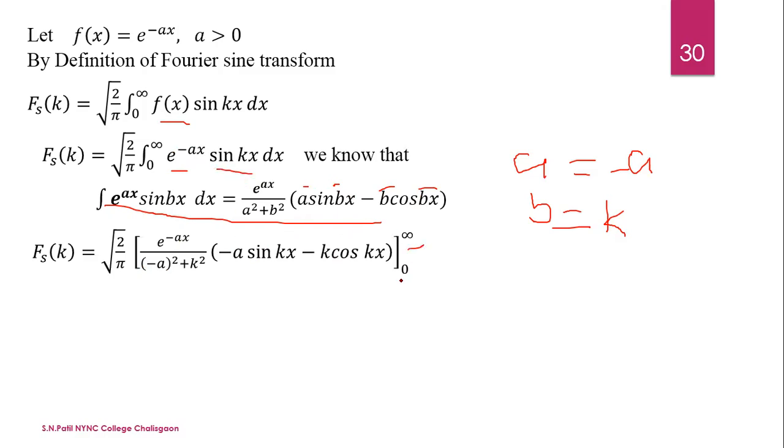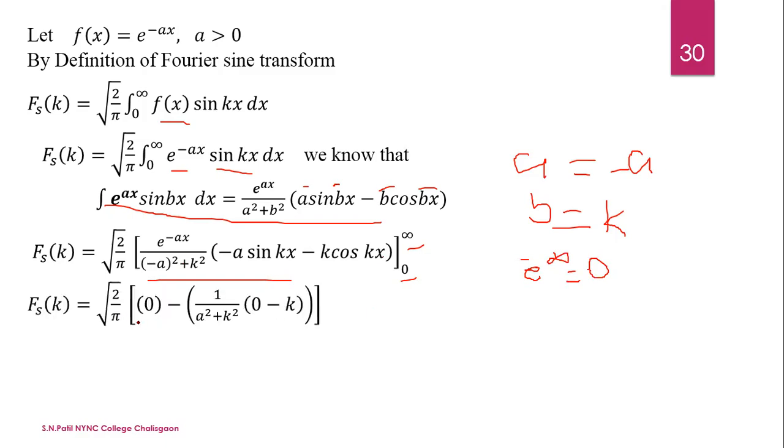Now put upper limit and lower limit. When we substitute the upper limit here, there are two functions, exponential and circular. The exponential function goes to zero faster as compared to the circular function. Here the function is zigzag type, but before that we get immediate zero. E raised to minus infinity is zero. When we put infinity, then throughout the upper limit is zero. Now lower limit, put x is equal to zero here.